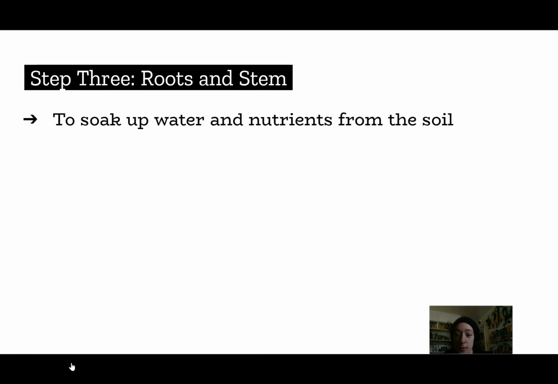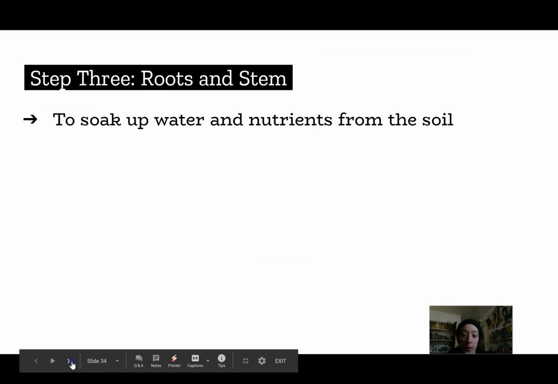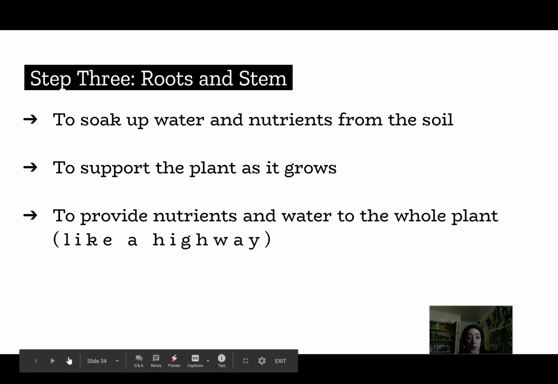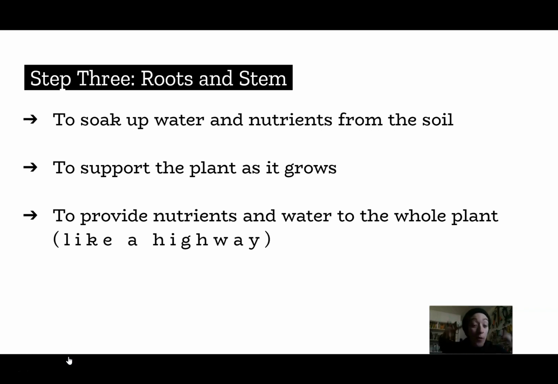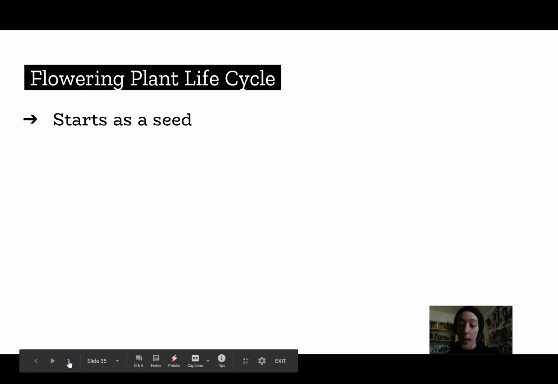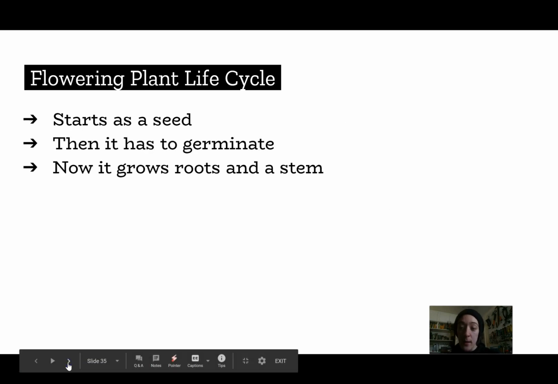All right, so what are the roots and stems for? They're to soak up water and nutrients from the soil, support the plant as it grows, and then to provide nutrients and water to the whole plant. So like I said, they're kind of the highway or the road system where all the things that the plant needs are traveling from the soil and up through the whole plant. Okay, so we start as a seed, then the seed germinates, then it grows roots and a stem. Next step